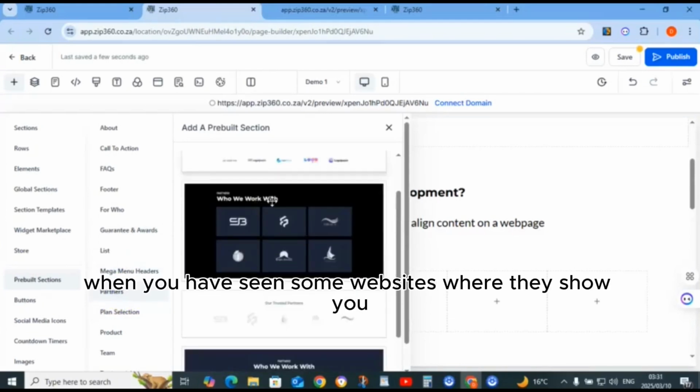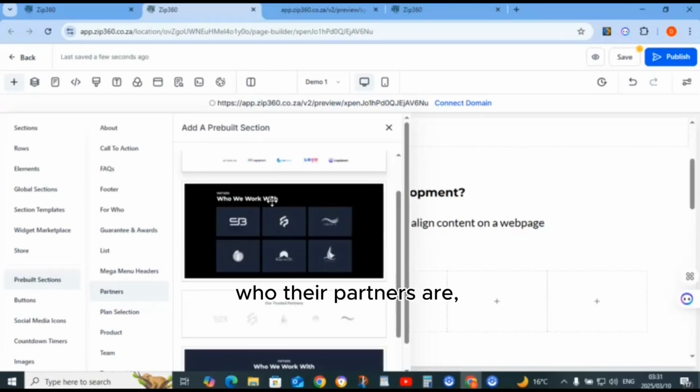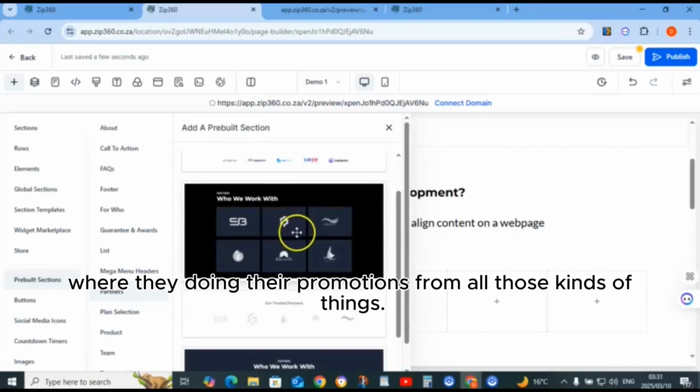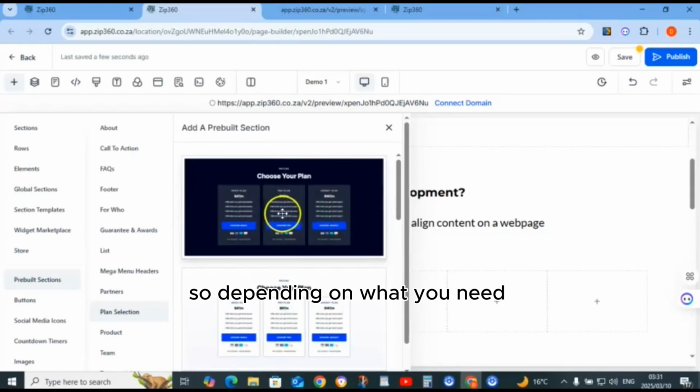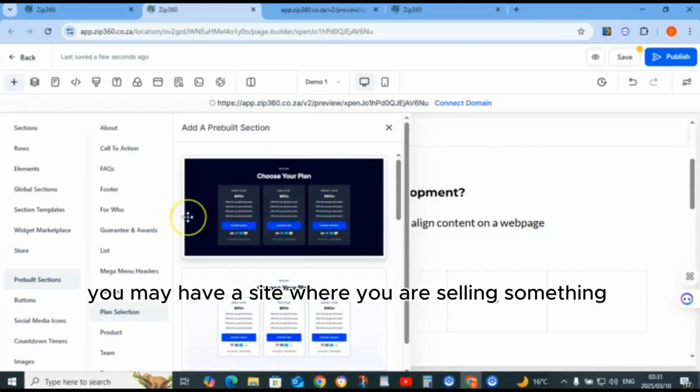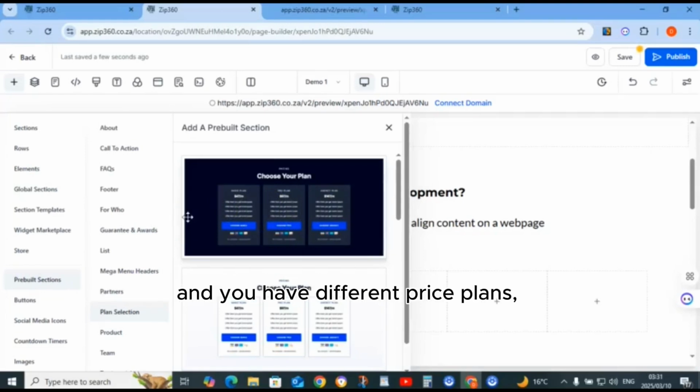Sure, you have seen some websites where they show you who their partners are, where they're doing their promotions from, all those kinds of things. Plan selection, choose your plan. So depending on what you need, maybe you have a site where you are selling something and you have different price plans. This is what you will use.